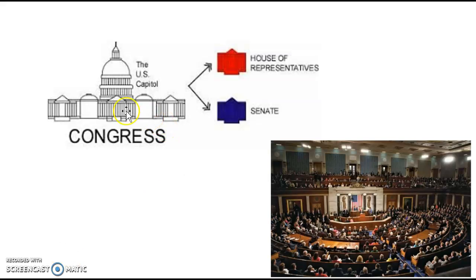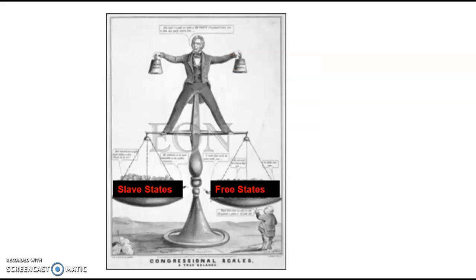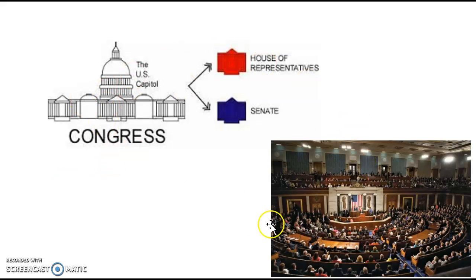Why? Because Congress, as you guys learned last year at Miss Benevento, and if you guys weren't here last year, if you were not in Faust for 6th grade, that is okay, I'm going over it real quick. Congress is where the laws come from for this country. So they want to make sure there's an equal number of slave states and free states, because if they're equally balanced here, that means the laws that come out of here are going to be equal for the whole country. It won't just benefit slave states and it won't just benefit free states. They want it to be equal.